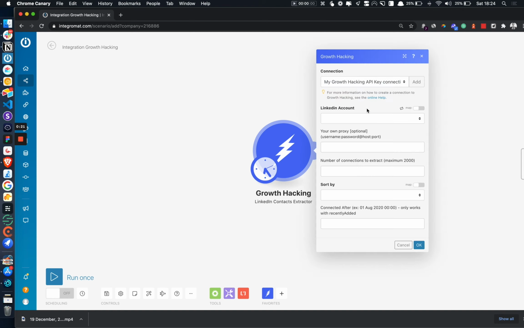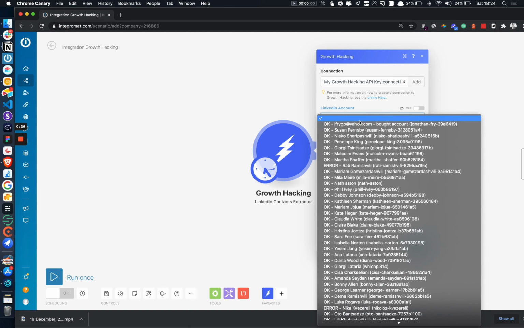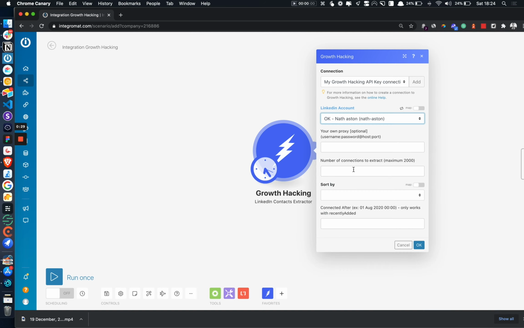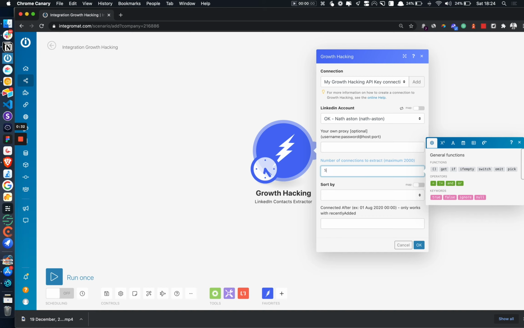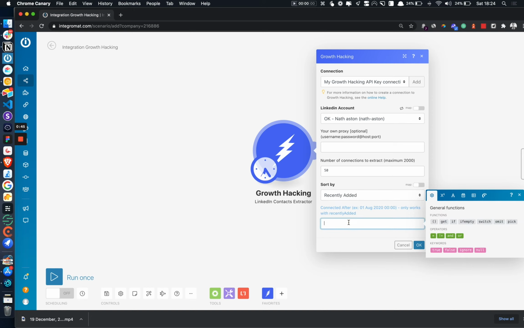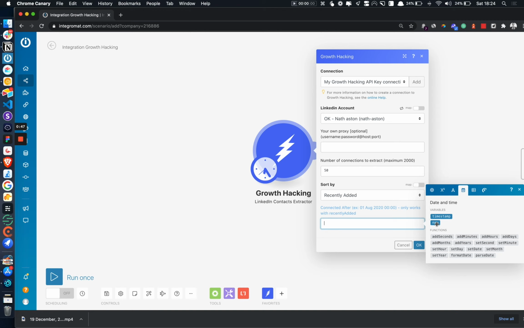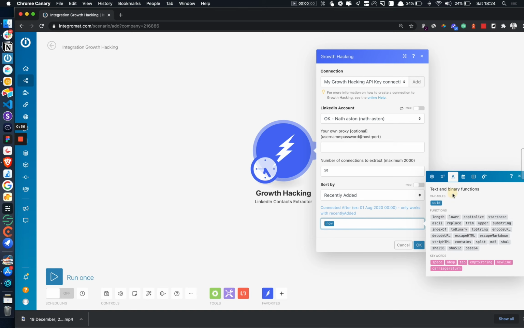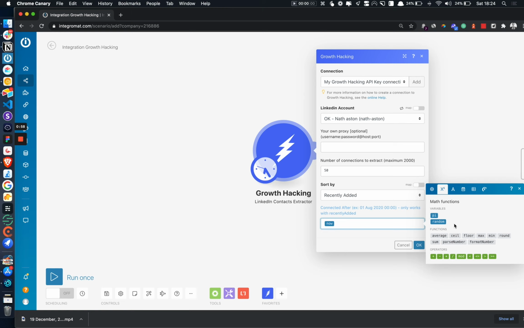What this will do is check, however frequently you want, for any new connections that have accepted your connection request. We can choose how many connections we want to export as a maximum, and what to sort by. We could sort alphabetically, but we'll sort by recently added instead. A quite common use case is just to take connections from the past X amount of time. So we can do now, and if we wrap this in a function,